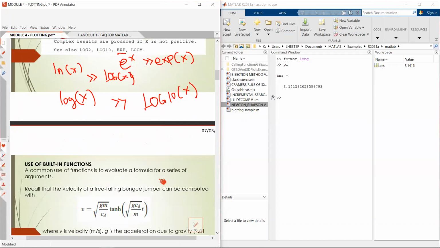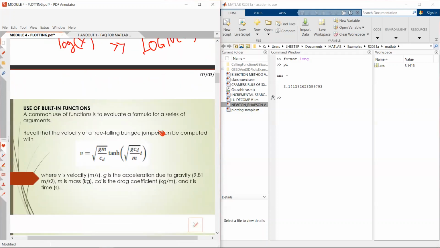Okay. So for built-in functions, assuming a common use of functions is to evaluate a formula of a series of arguments. So recall a formula. We will try to create an example for function. Recall natin yung free-falling bungee jumper. The velocity is given by this formula. So v is the square root of g m, acceleration due to gravity, the mass in kilograms, the drag coefficient cd, and multiplied by